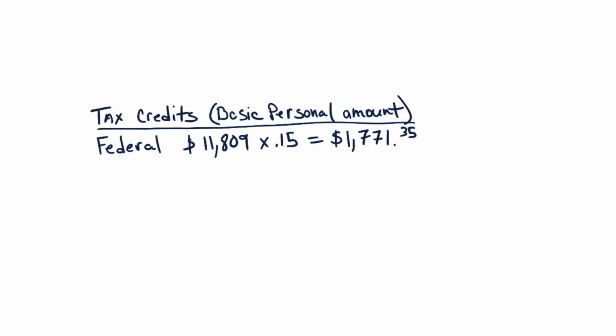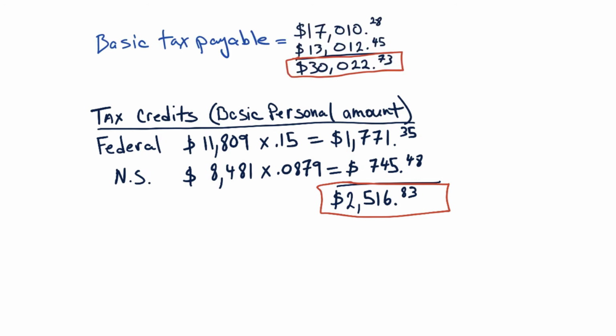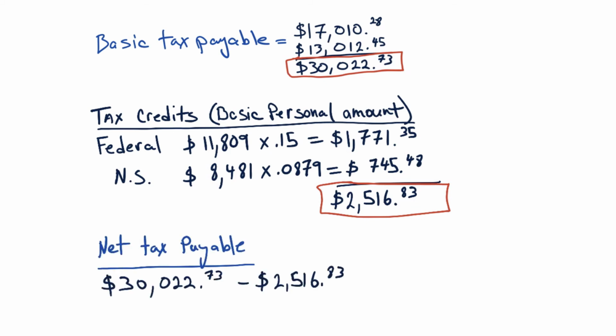Multiply this amount by 15%, and the federal tax credit works out to be $1,771.35. For residents of Nova Scotia, the basic personal amount is $8,481. Multiply this amount by 8.79%, Nova Scotia's lowest tax rate, and the provincial tax credit is $745.48. Emily had no other tax credits to apply, so she has a total of $2,516.83 in total tax credits with which to reduce her basic tax payable. So Emily's net tax payable for 2018 is